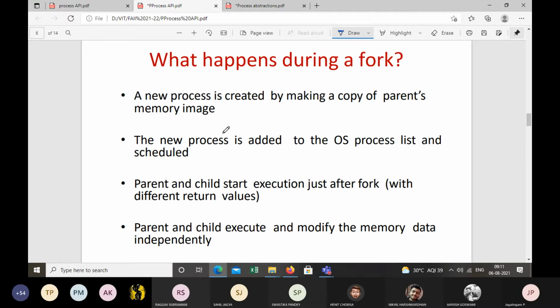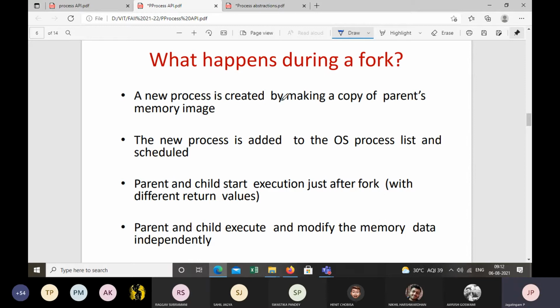Can you think? The child process is created. Okay, we know that fork is a system call to create a process. Now, what happens during a fork? Let us try to understand this.